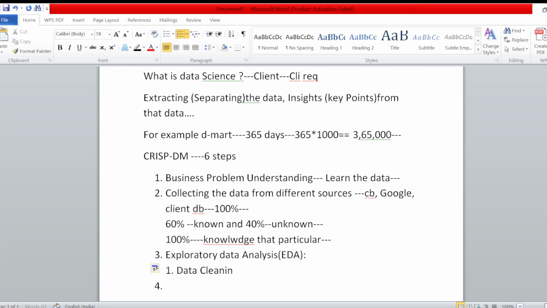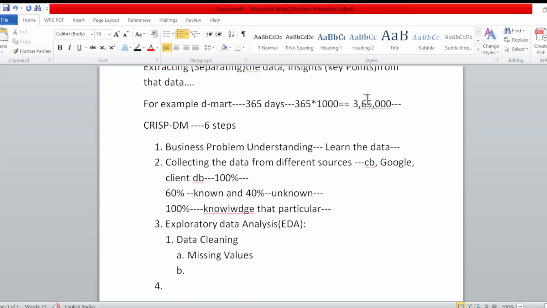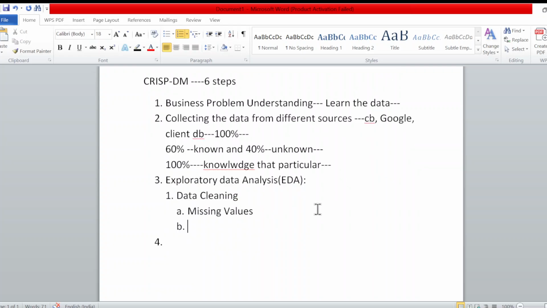So we are working on the data, so we need to clean the data. Cleaning means we have different techniques. In data cleaning we have missing values. We are working on large data sets, like right now we have 3,65,000 records. In this 3,65,000 data, there is a large amount of missing values. At the same time, we have duplicates, repeated data may be possible because the number of workers changes daily. So we have a large amount of data, and with a large number of employees, there are mismatches in the data. So we have missing values, duplicates,